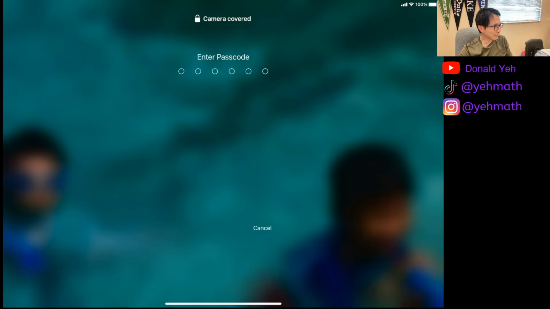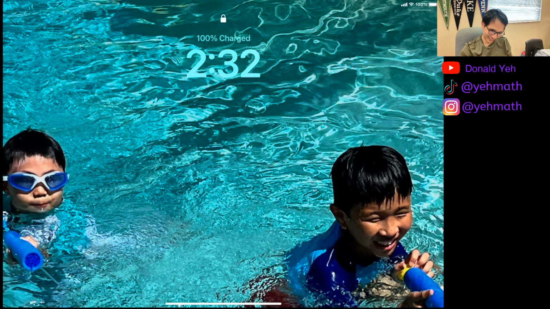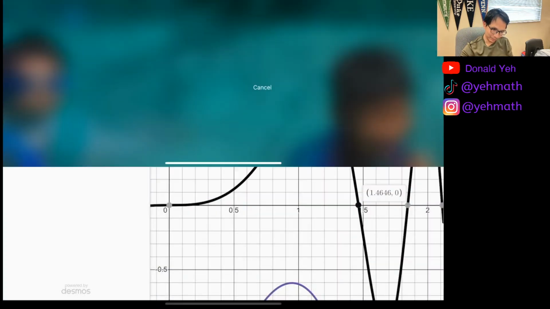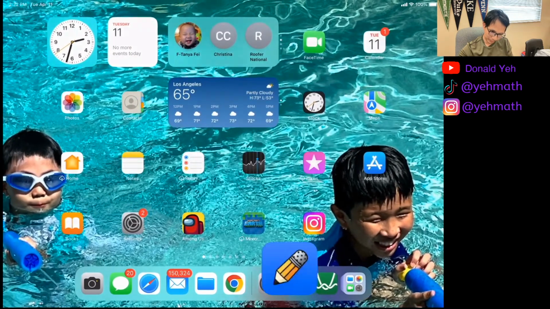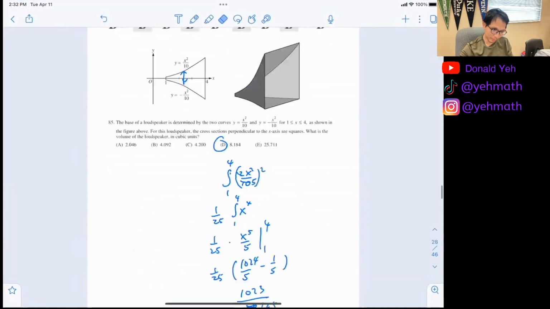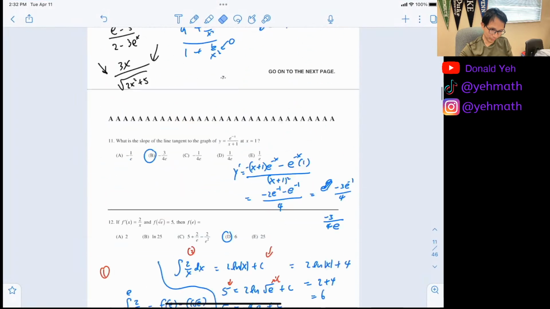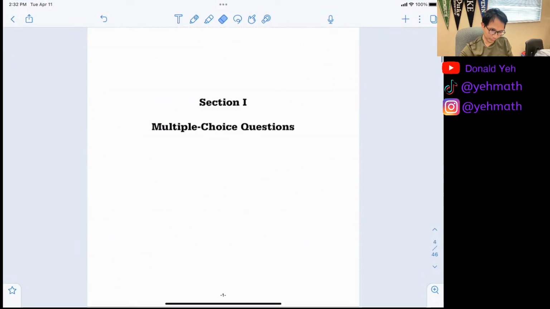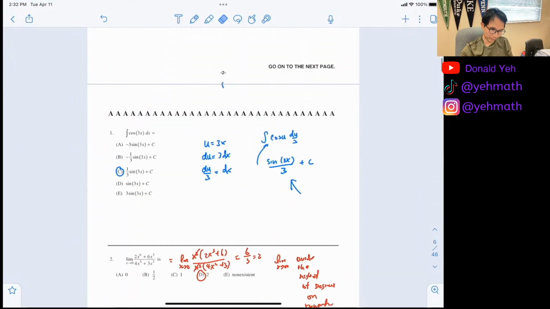Wow. I still have an image of last year's sophomore. We're making our own. Wow. I'm sorry, guys. I was going to just make it work. I was thinking